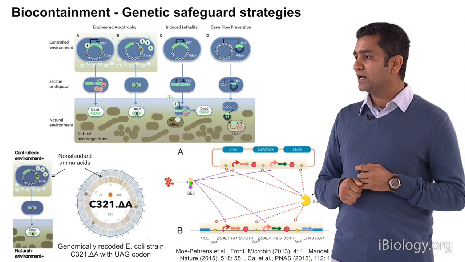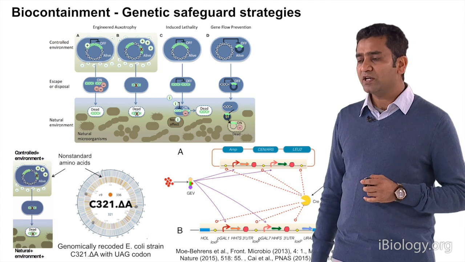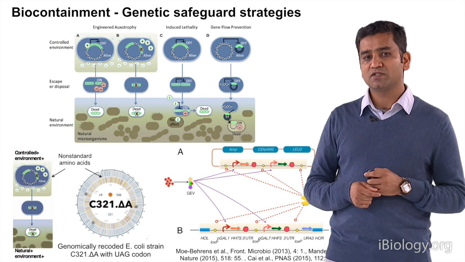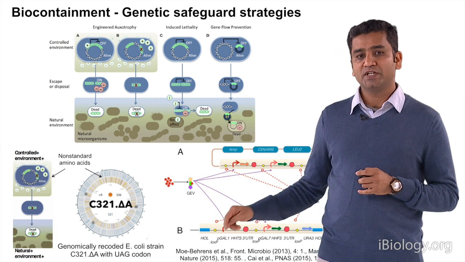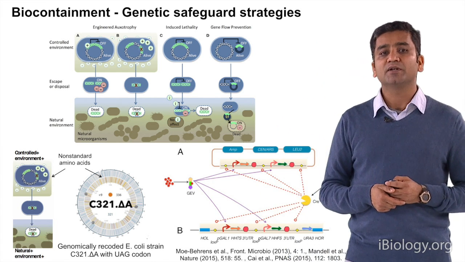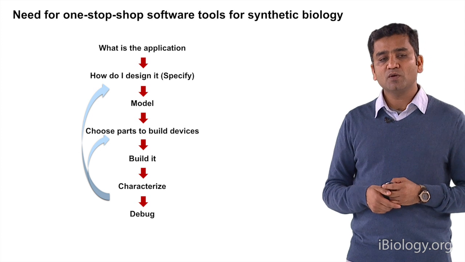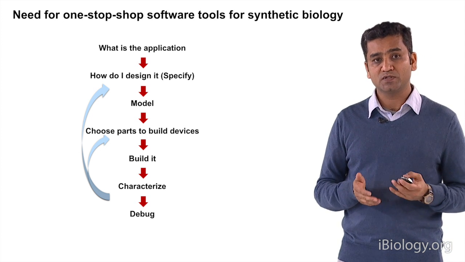And the second level of redundancy they have incorporated is that induction of a CRE will cause recombination between the LOXP sites, and then you lose one of the genes, and the cell is incapable of surviving in the natural environment. So if you think about it, we need all of the different tools along with wet lab tools in the lab.